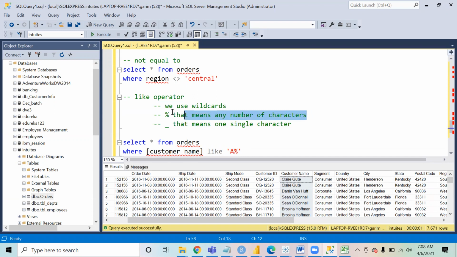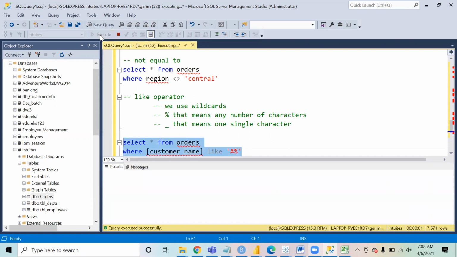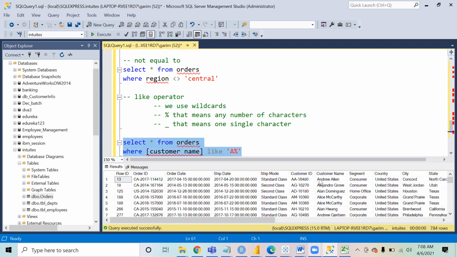Percent means any number of characters, and after A it could be anything. It could be Amit, Amitabh, Anjali, Anjana, anything. So if I just execute this, you will now notice we get all that data where the customer name is starting with A, and after A it could have anything.